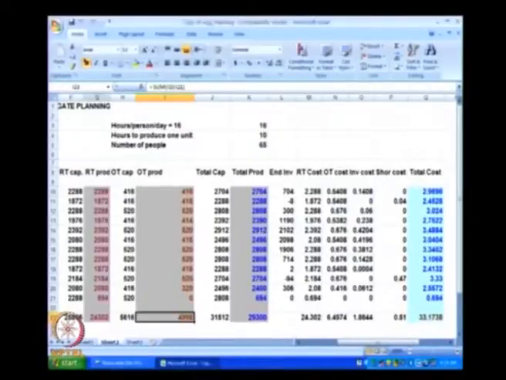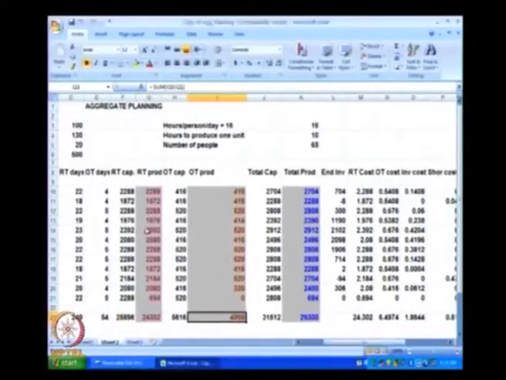The third question that we would like to answer is this. In this spreadsheet, when we said that in 22 days we have a regular time production capacity of 2288. Now that came from a number 104, which is the number of units that we produce per day. And if we look at these calculations, these are made out of this. We assume that 65 people are working. It takes 10 hours to produce 1 unit. So we have 650,